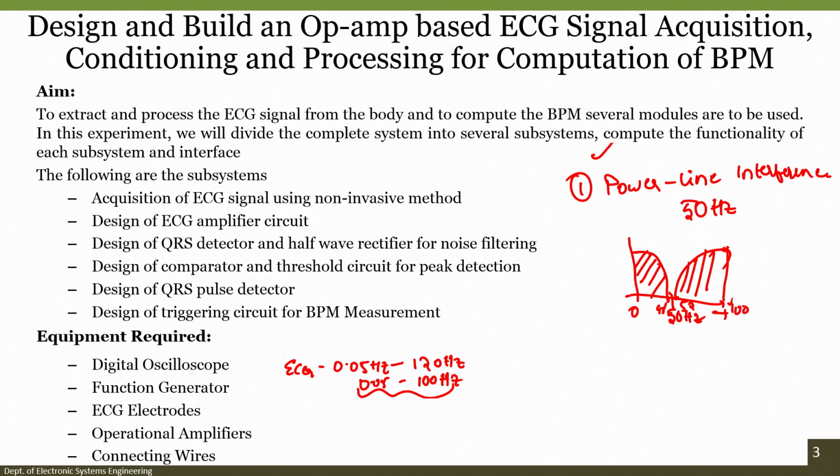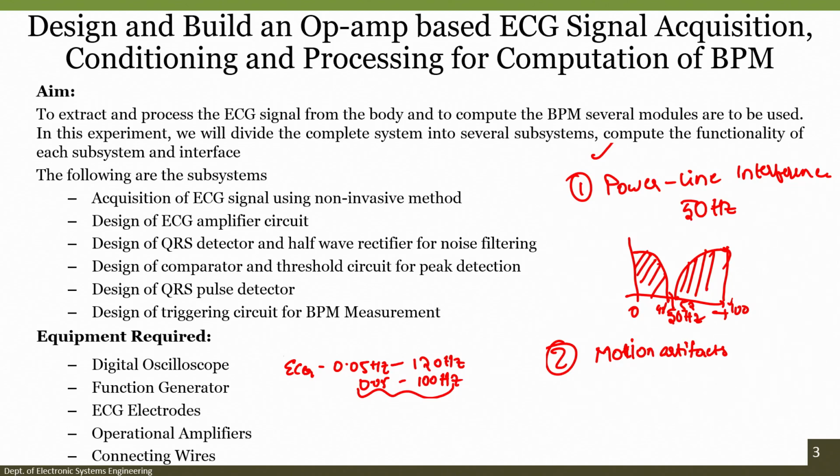What else? What are all the other signals that will interfere with our required signal? The required signal in this case is the ECG signal. So, another one is our motion artifacts. In order to remove these motion artifacts, generally speaking, they will be somewhere lesser than 0.05 hertz, so it will be somewhere around 0 to a maximum of 1 hertz.